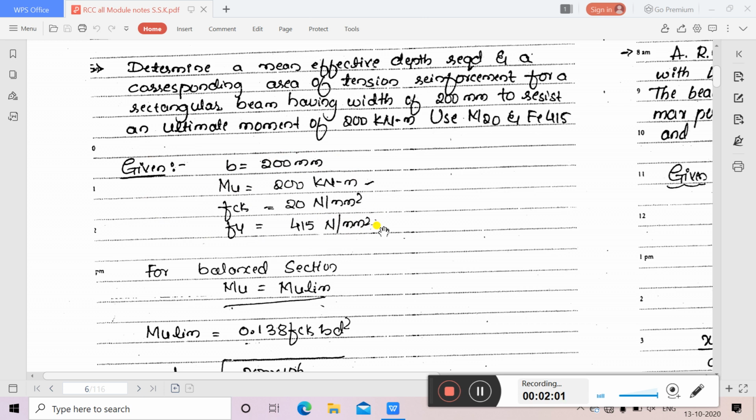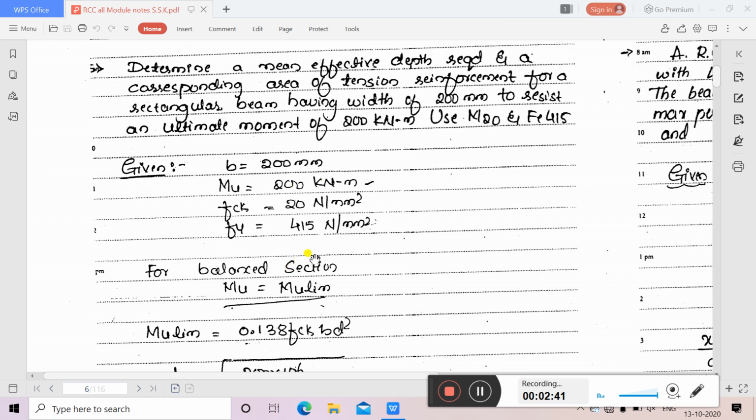When you try to find out the effective depth of the beam, whether it is under reinforced or over reinforced purely depends on the depth of the beam. You know very well, because the parameter xu depends on d, right? xu by d, and it depends on depth. xu is equal to something, it is 0.42 times depth. You know the position of neutral axis, how it depends. So it purely depends on the depth as well as the reinforcement provided in the beam, whereas here we don't have any reinforcement as well as any specific depth given in this problem.